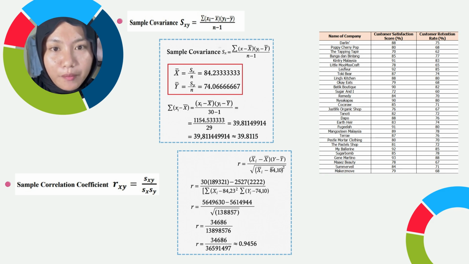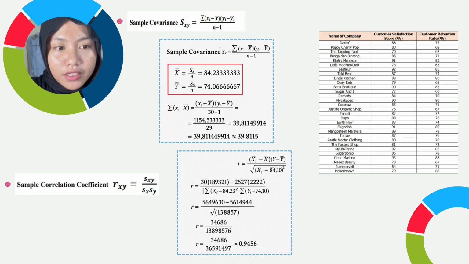Covariance measures the direction of the linear relationship between two variables, and the correlation coefficient is a standardized measure ranging from -1 to +1, showing the strength and direction of the relationship. So the covariance tells us whether the variables move together, but correlation tells us how strong and in what direction they are related. As you can see, the calculation that I've made in the toolbox,